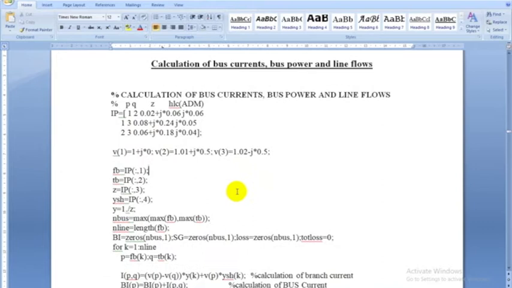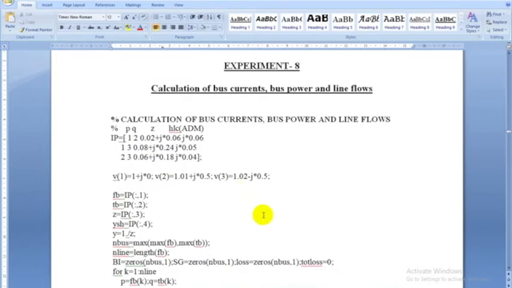Now in experiment number 8, calculation of bus current, bus power, line flows, first I am defining a matrix called IP, a user defined variable, equal to open and close brackets. Within that we have this 3 cross 4.